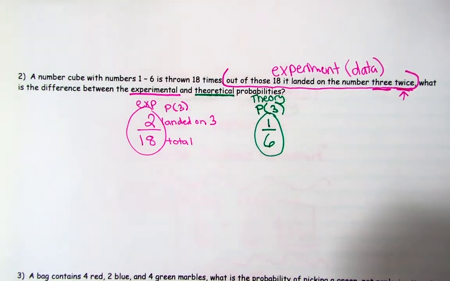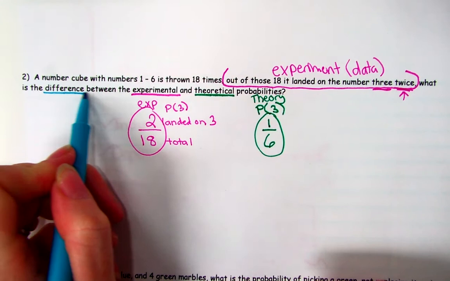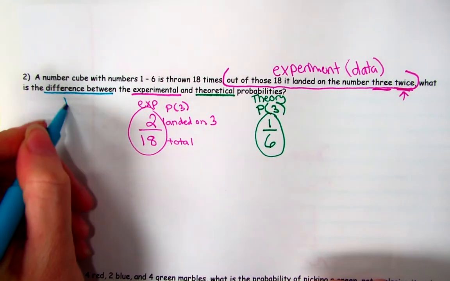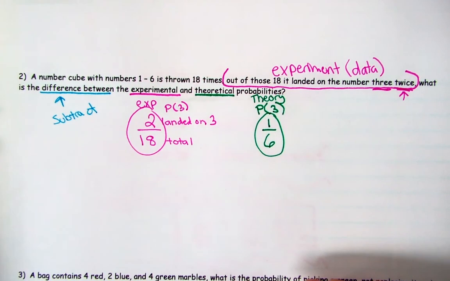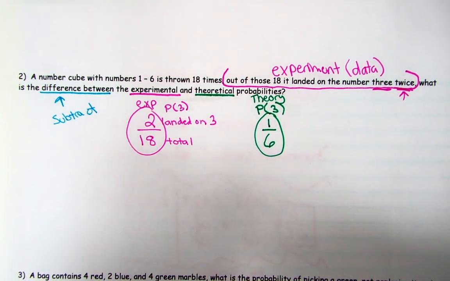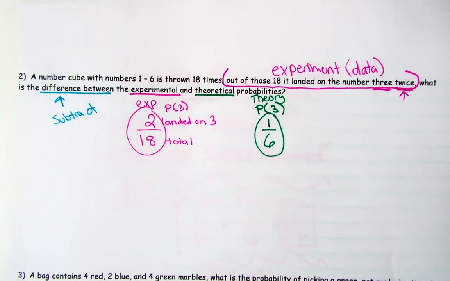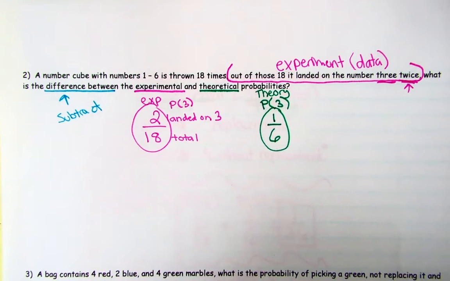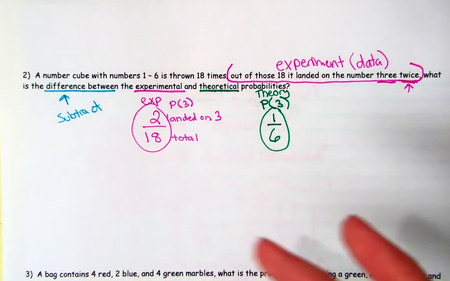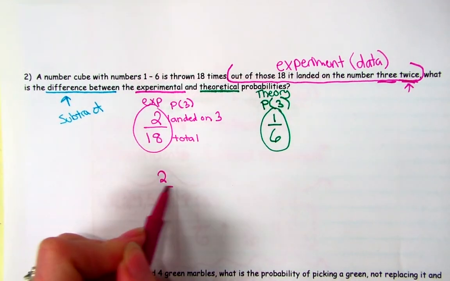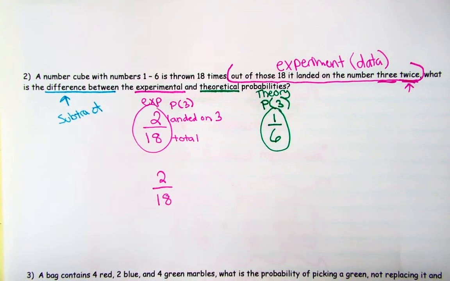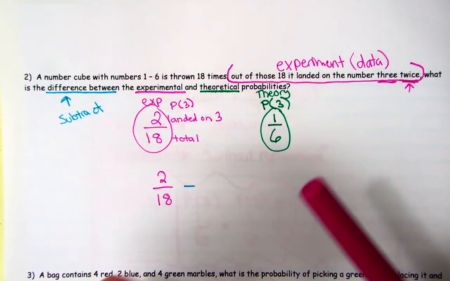This question, this particular question, asks about the difference between the two. So when you see the word difference, you're thinking subtract. One of those keywords, and you got to be really careful with keywords, but when you want the difference between two things, a lot of times you can assume that it means you're going to have to subtract to find the difference between these two. Okay? So I could simplify this. This would be 1/9, but I'm going to leave it as 2/18. I'm going to work smarter, not harder here. I have 2/18 minus